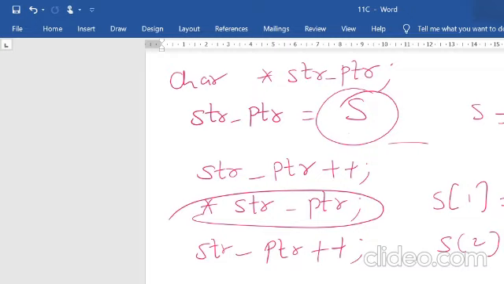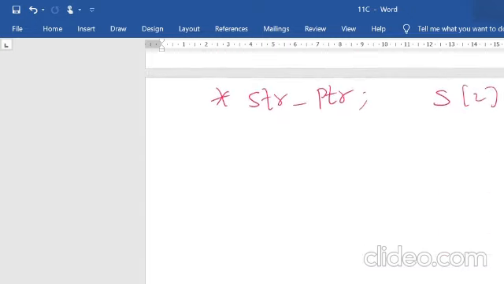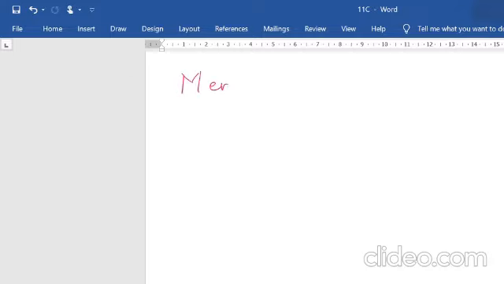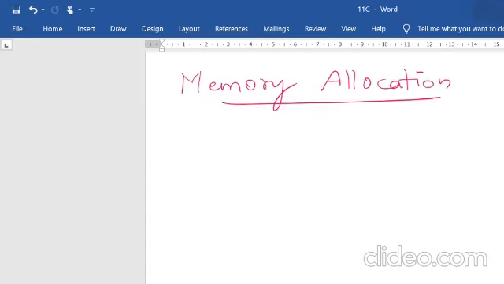And coming to the next important part of this chapter, that is memory allocation. Now you know what we mean by memory, right? Memory is a place where you are going to store the data, both the input and the output. That is, data and information will be stored in memory, and you also know the different types of memory that we are using, primary, secondary, and so on. All the data, instructions, and programs that you give have to be given to the memory first, where it is processed.